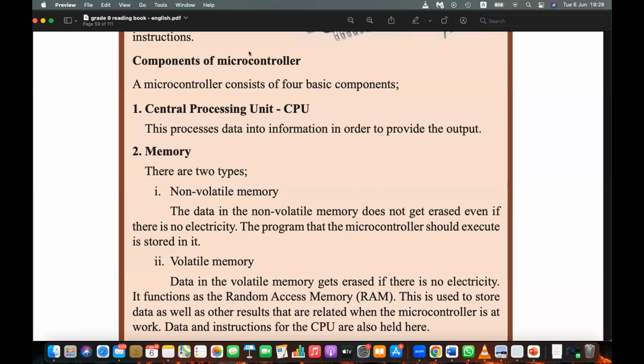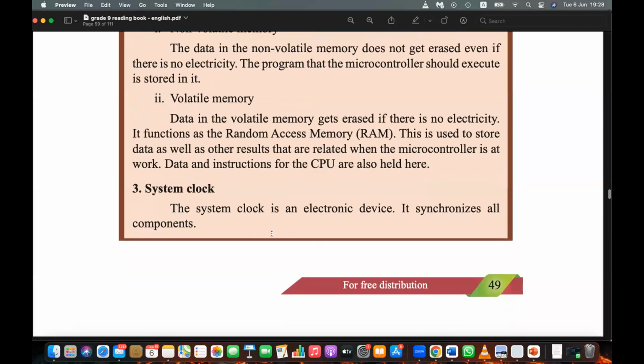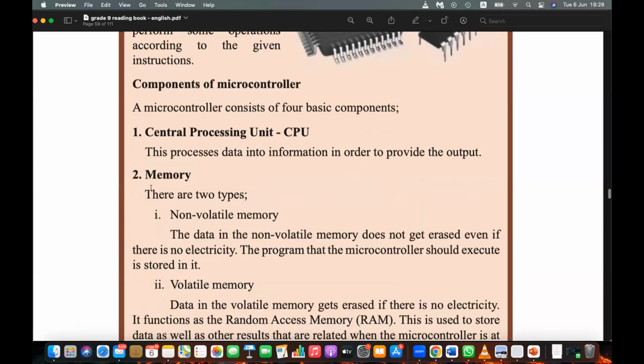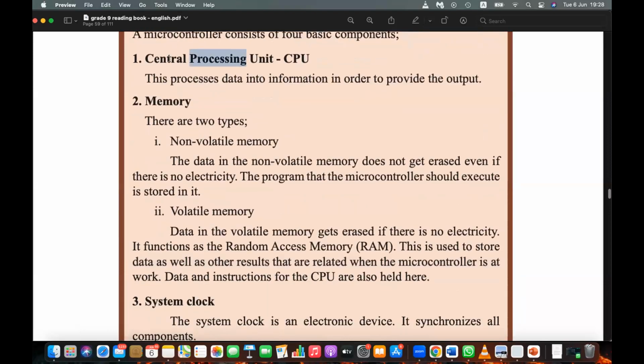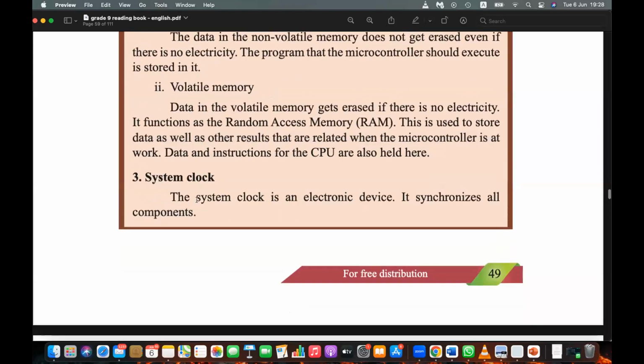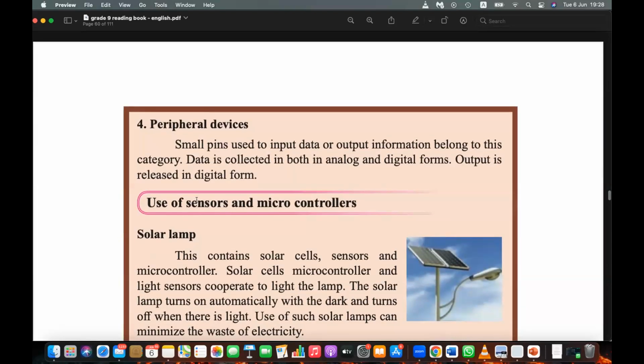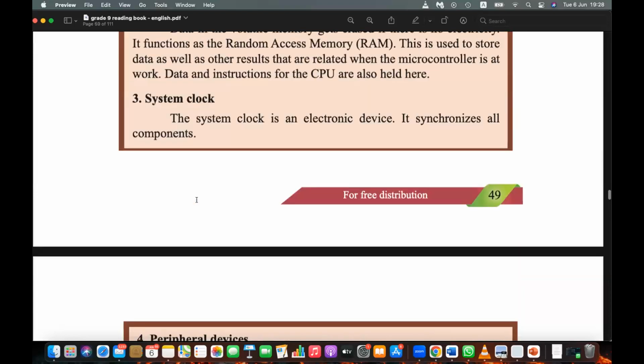Synchronized means everything works in the same way at the same time. To do that, a synchronization clock is needed. It can't be that the memory wakes up while the CPU is asleep. The memory and CPU should wake up and work according to the same time, the peripherals too. Therefore, there is a system clock. That is the need for the system clock.